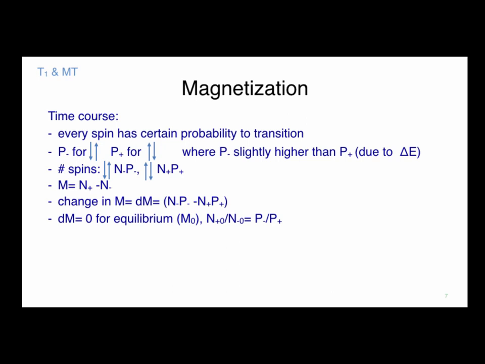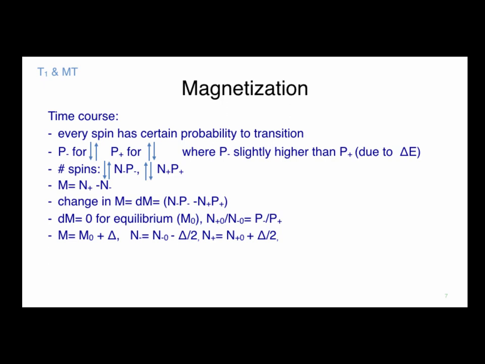Now, for equilibrium, the change in magnetization is 0. So in equilibrium nothing happens anymore. From that we can derive that the ratio of the population numbers in the two energy levels is proportional to the probability of this transition. Now if you have a disturbance in the system,